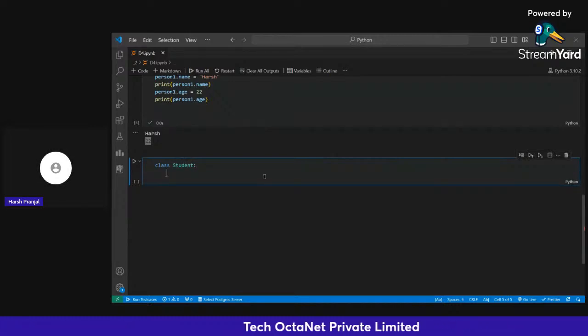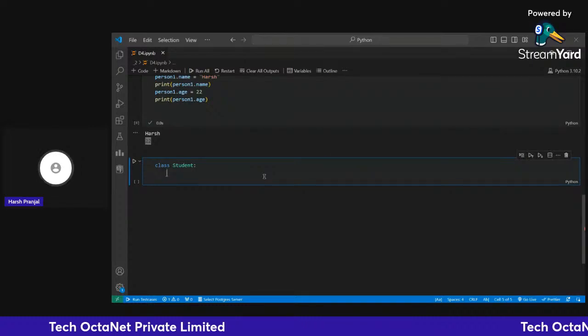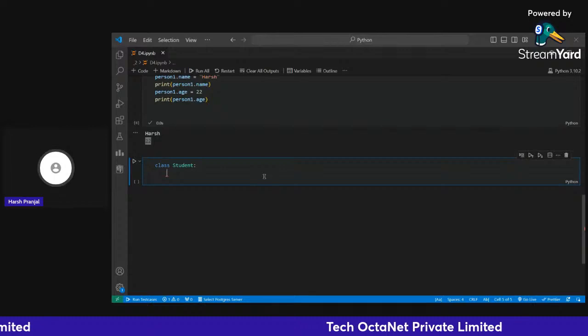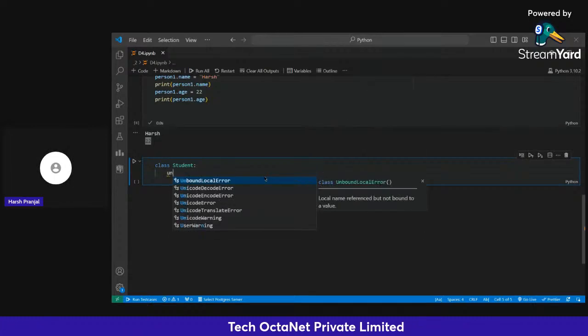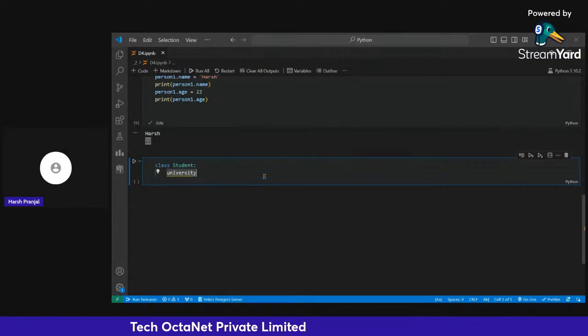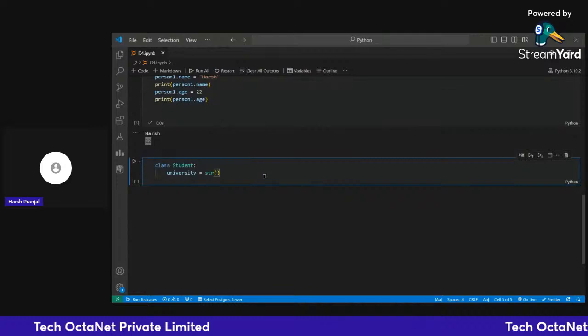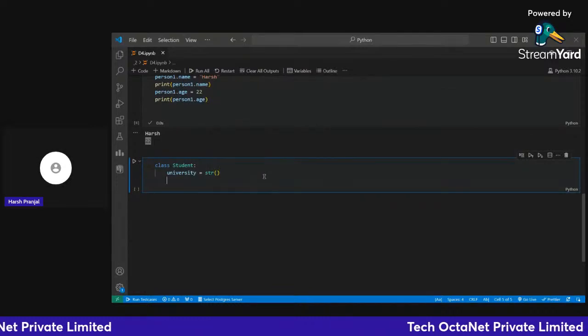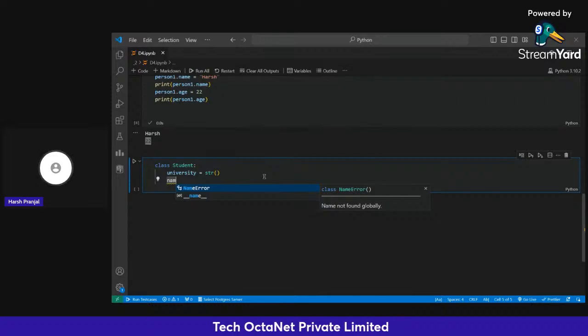Whatever number of students you create, say 1,000 students, all students have the same university. All are studying in the same university. But the name of each and every student